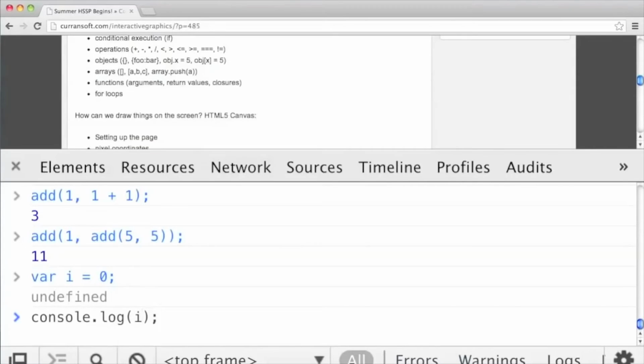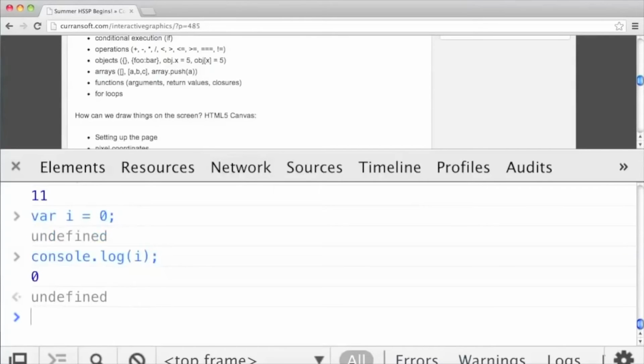So this will log the value of the variable I. So if we execute this, it says 0. I is 0. It only does it once. But we can do it 10 times if we want, using this construct called for loop. And it's a little bit complicated, but once you see it a bunch, it'll become sort of natural. It looks like this. For, begin parentheses,